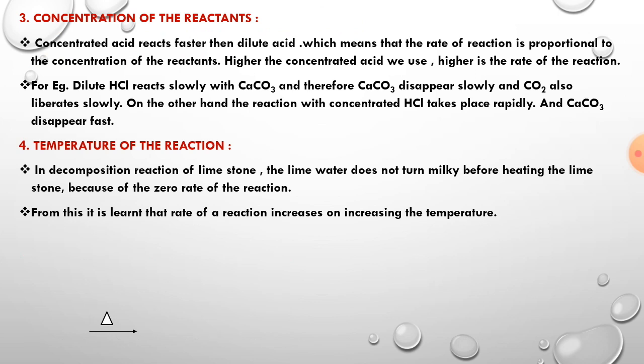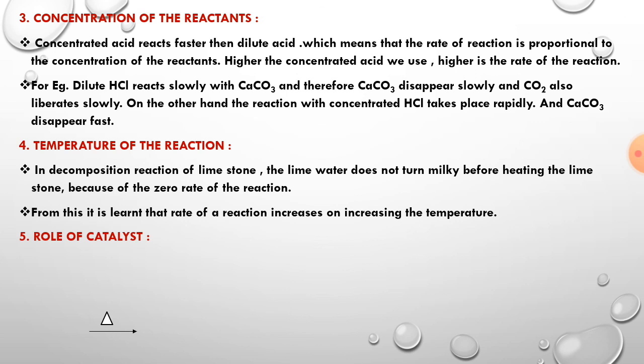Here let's take one example. During summer season, if we keep our food outside somewhere, then what happens? It gets destroyed. Why? Because the rate of reaction increases with the temperature. But what happens when we keep our foodstuff in the refrigerator? Then it will remain safe because in the refrigerator the temperature is low. So the rate of reaction increases with increasing the temperature.